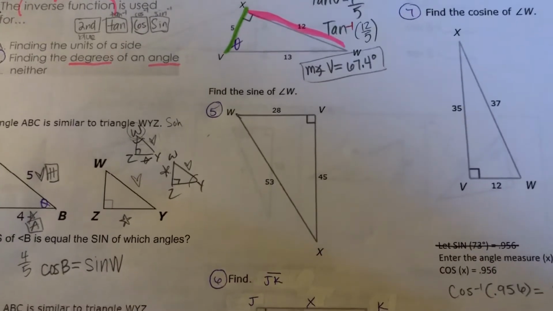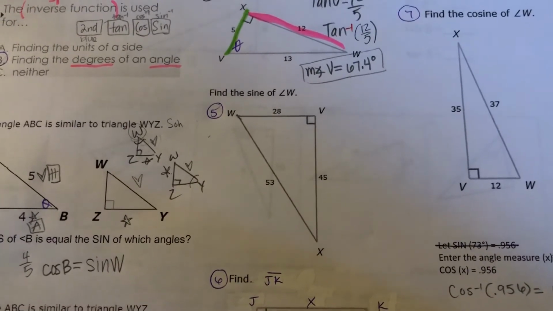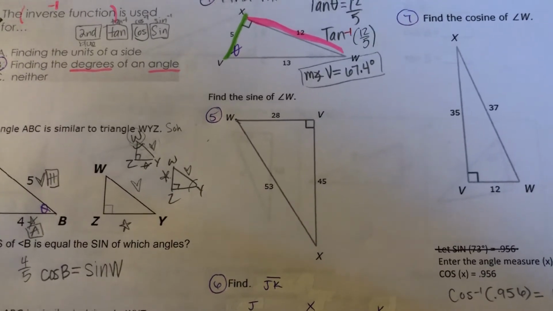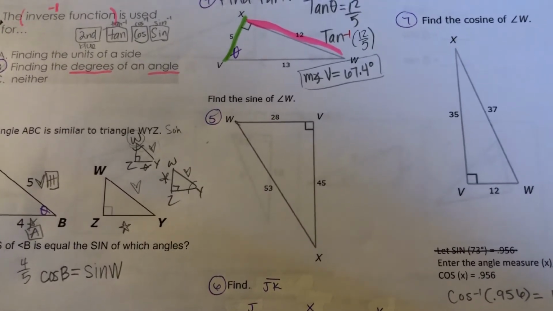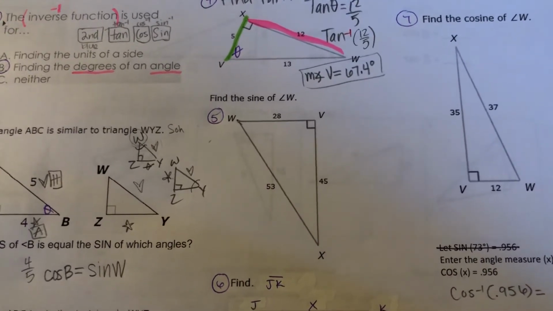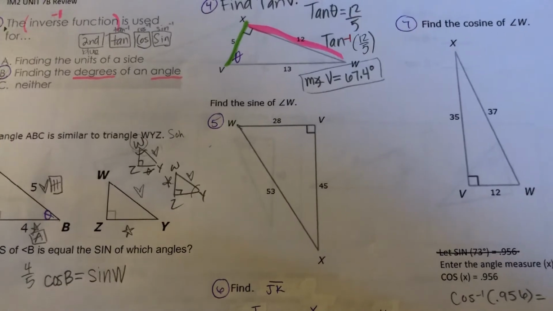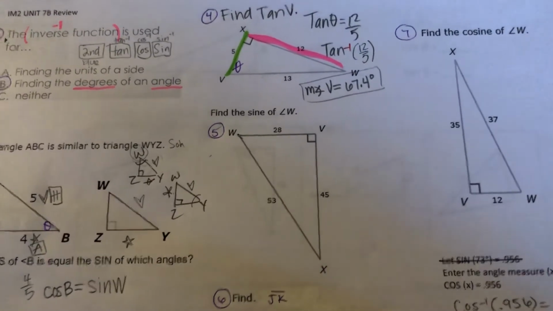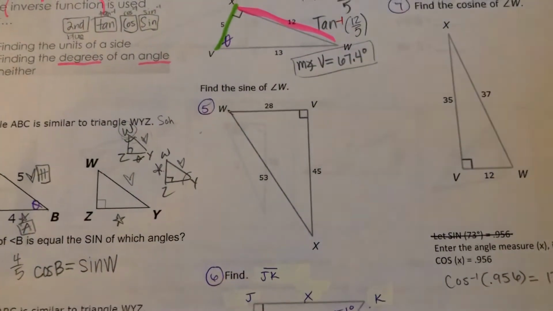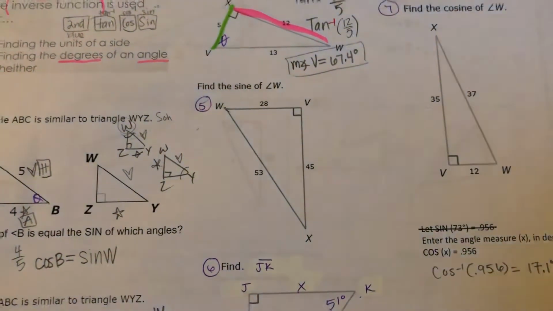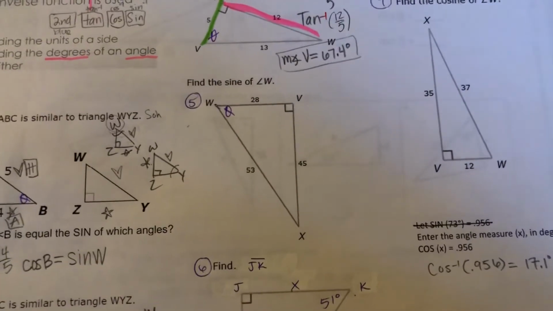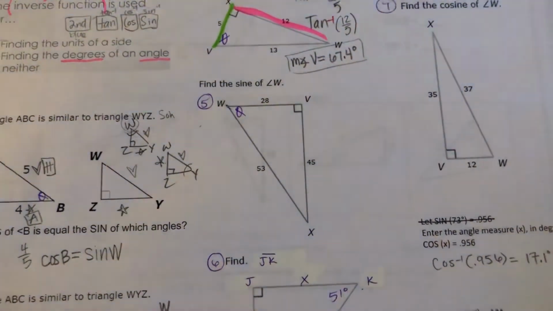All right, so now, again, sine of angle W. We have all three sides, but we don't need all three. We are just being basically tested on whether or not we understand what we're looking for and the perspective we're looking from. So here we're looking from our W, okay. So I'm going to go ahead and put my theta there as a symbol for myself, and sine